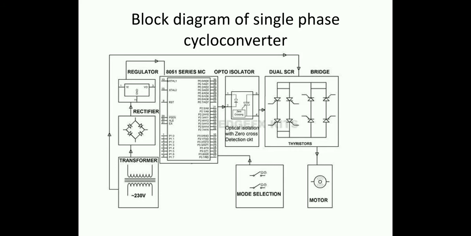And by using a cycloconverter, how we change it is we provide gate pulses such that the SCRs conduct the one full waveform for 0.04 second, for example. Then the output frequency of the voltage will be 25 Hz. We select various frequencies which we have programmed in the microcontroller by the mode selection switches, and at the end a motor is connected whose speed will change when the frequency of supply changes.